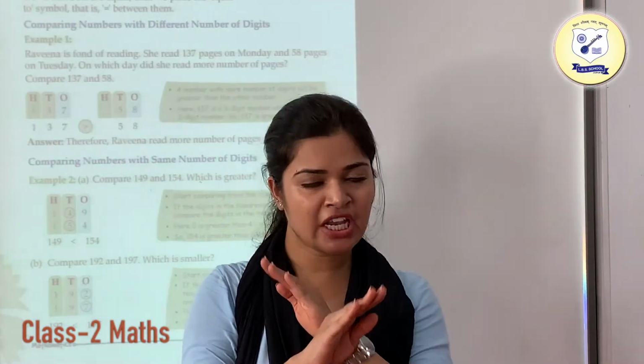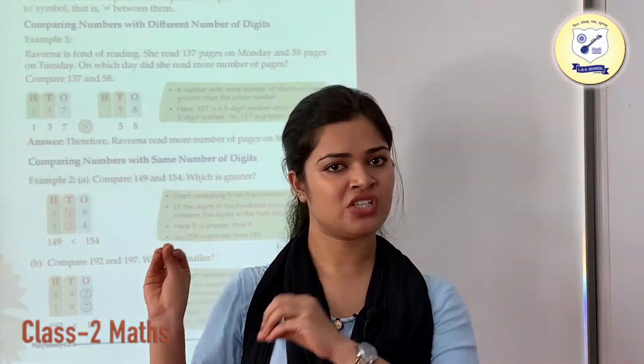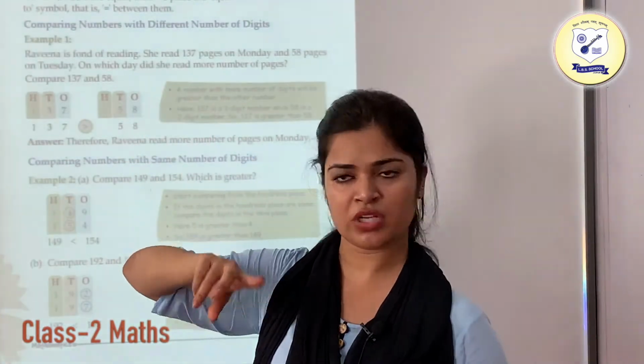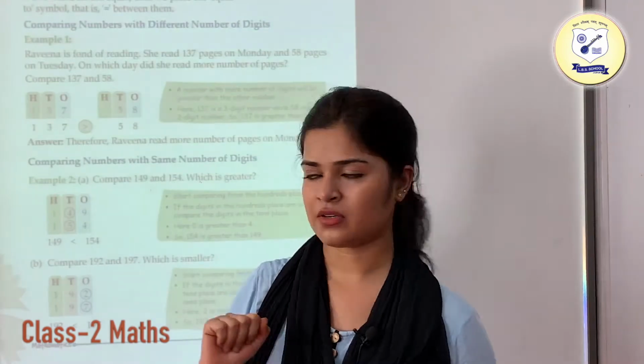Then you need not check the digits themselves, just count the number of digits. Here we have 3 digits and here we have 2 digits. So this is your larger number. Okay,